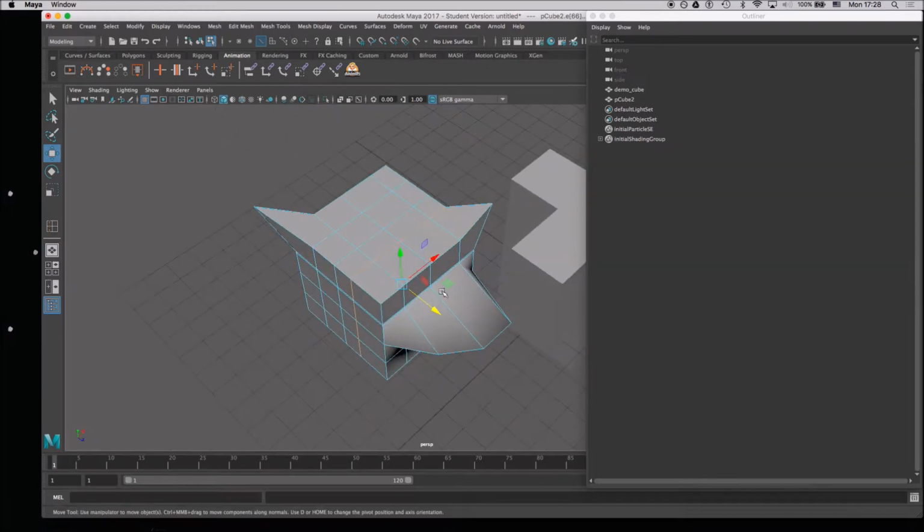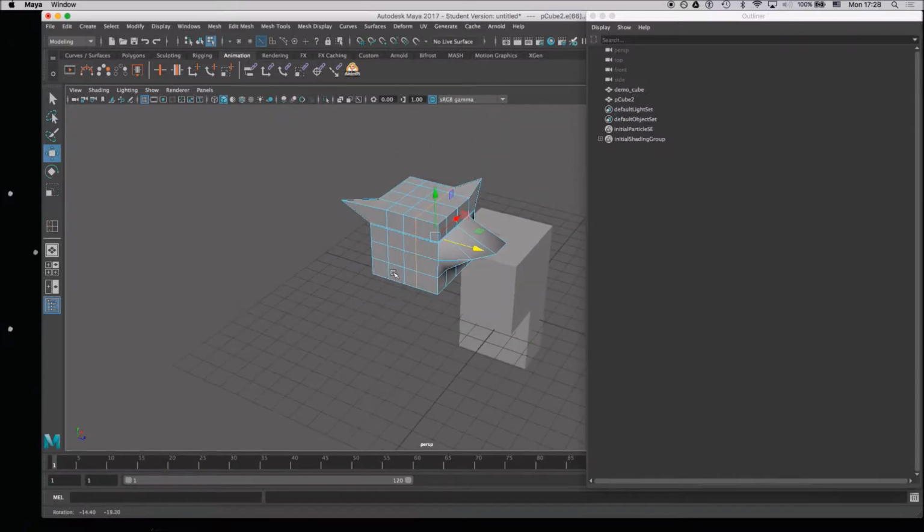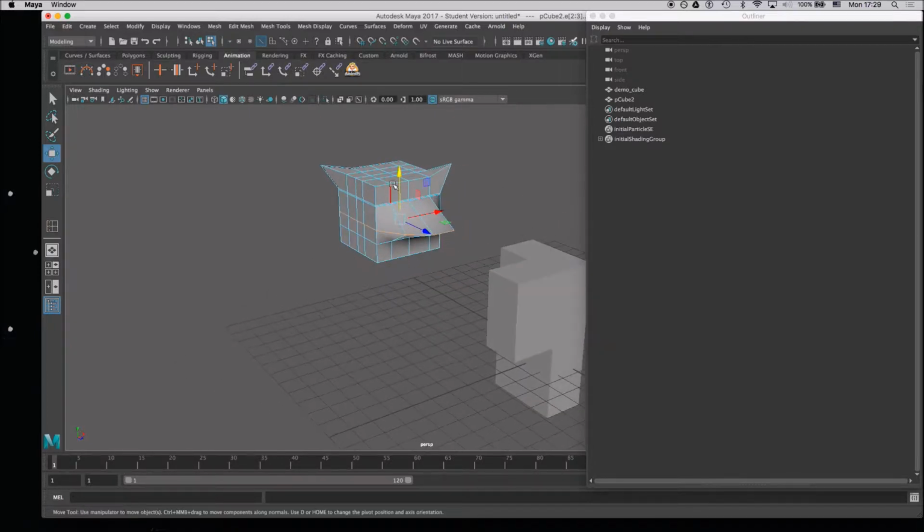Does anyone have any questions so far? So single clicking one edge and then going to your Move tool allows you to move one edge. If you double click an edge, it'll select everything in a ring around the object, from the start of that edge all the way to the end of that edge. And then you can move the whole edge up and down. Mm-hmm. The whole